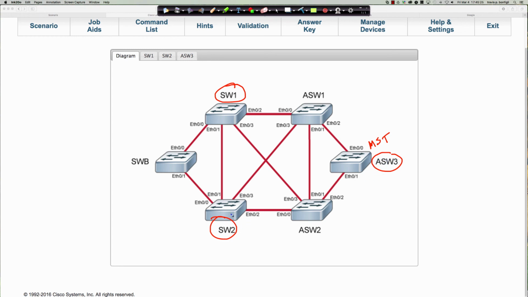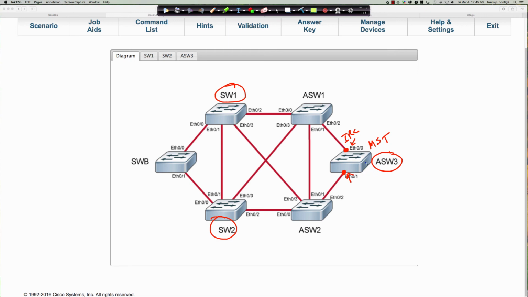The priority is, I believe, going to be lower on switch 1 and switch 2. We can take a look at the priority as well. But we should be able to just go ahead and configure this. And immediately what's going to happen is we're going to get inter-region communication here and here. So both of these links are going to be inter-region communication because this will be the only switch configured